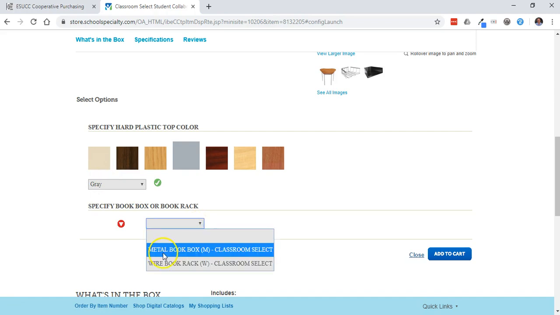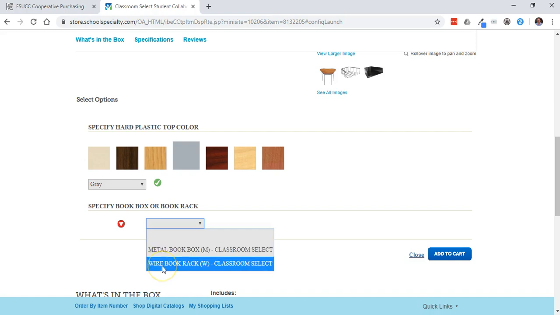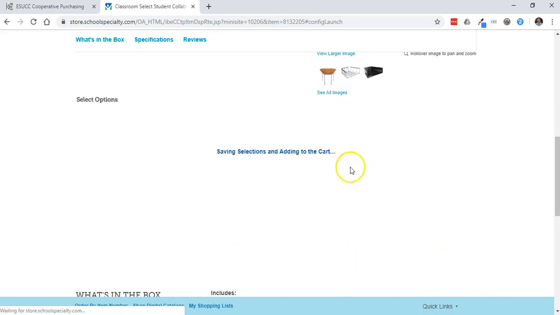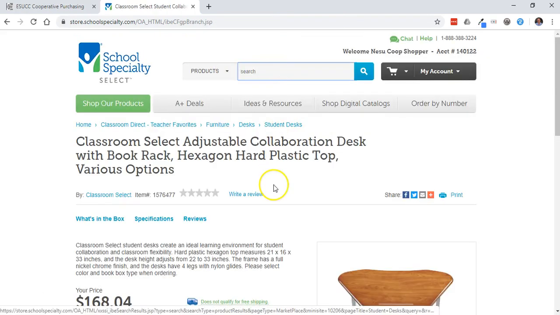And then we have the capability of selecting the different type of book rack it has, whether it's an all metal or a wire book rack. So I'm going to go with the all metal and add to my cart. I can then, as soon as it adds and updates my cart, I'm able to go in and search for another number,